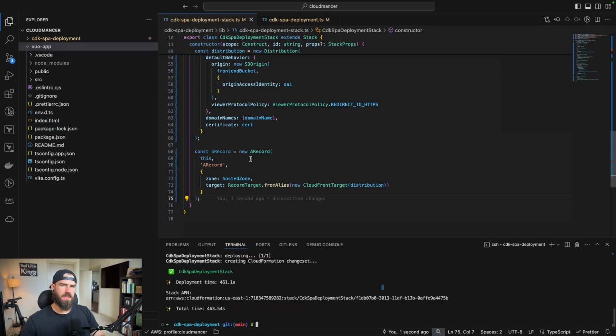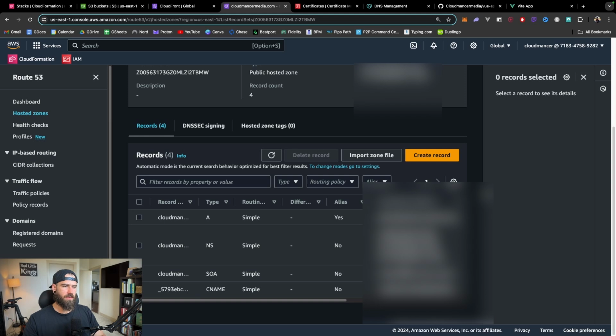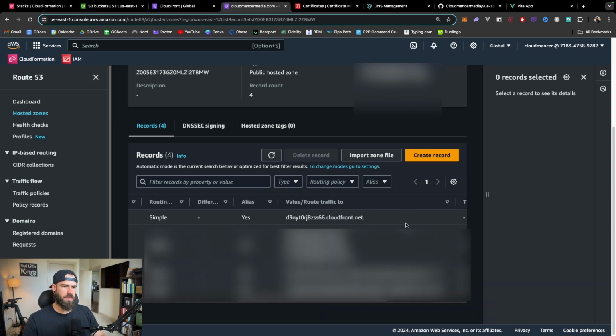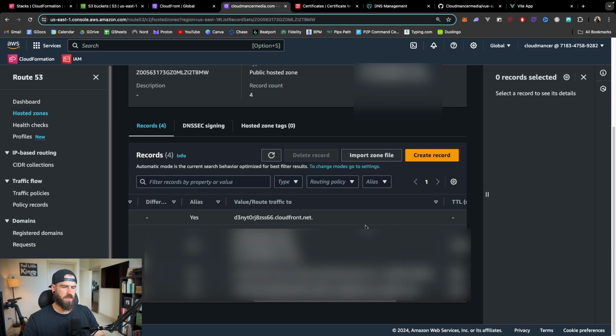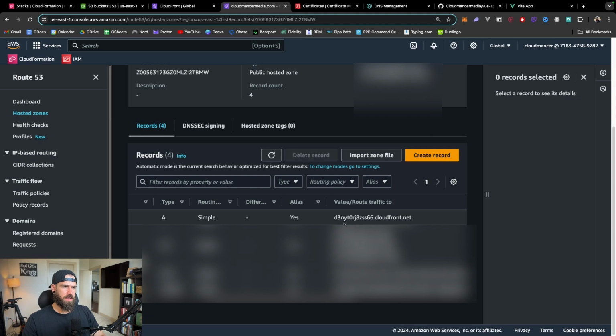All right, great. So it looks like that finished. Let's hop back into CloudFront and just look at our distribution. We can refresh here and we can see our CloudFront distribution was created. If we hop here into Route 53, we have a couple new entries. The first one we notice is a CNAME here, and that routes value to the ACM validations. So that's our certificate. And then on top here, we have an A record that is an alias that routes